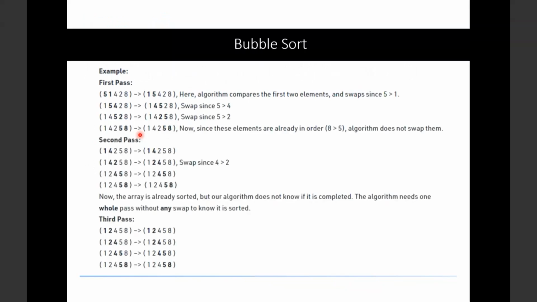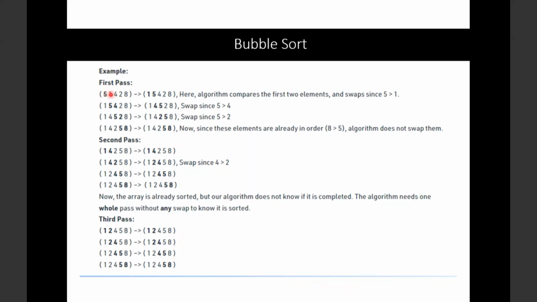So this is the bubble sort. Contoh. So this is the value. You have this data here, 5 1 4 2 8. You're going to do the sorting, where the smallest will be put at the left, and the highest number will be put at the right. So what happened here for the bubble sort,